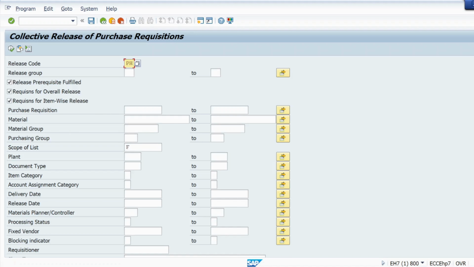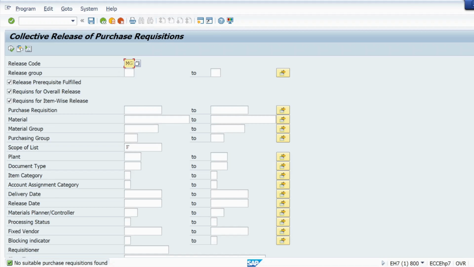Now you can see what I need to give here. I need to give a release code here. So if I try that, it will show already released, but let me show you. So release code manager, and here I just need to give a PR number. So hit enter, execute. You will see no suitable purchase requisition found because already we have released that. So that's a